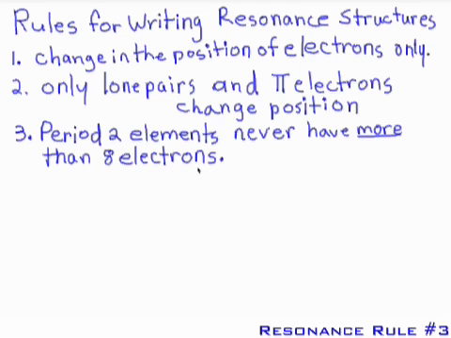Okay, so the first 3 lay down some rules on how we move electrons, what electrons we can move, how many electrons around the atom, etc. Now the next couple of rules apply towards finding which resonance structure the hybrid is most like. The terminology we use for this is which resonance structure actually makes the greatest contribution to the resonance hybrid. And so if we look at this, Rule 4 states that